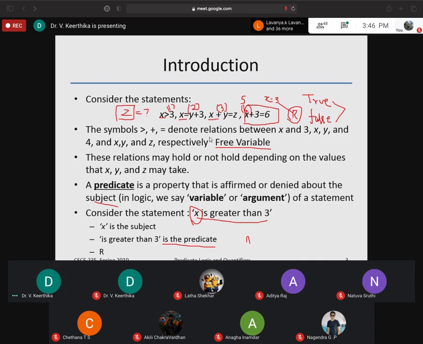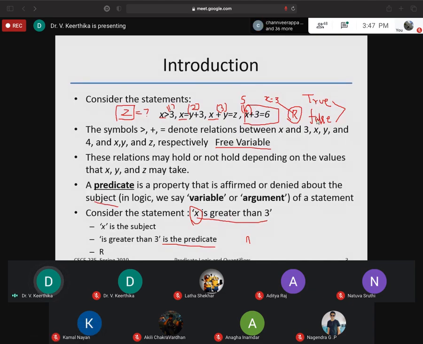Now I think you can see what the introduction will be. Here we have the statement. Hereafter I'm going to say this is a statement, not a conditional. So x greater than 3, x equal to y plus 3. This can be the first statement, second statement, and third statement, so I have a set of statements here. In this exercise, using predicate logic, I'm going to explain whether each statement given here will be true or false.